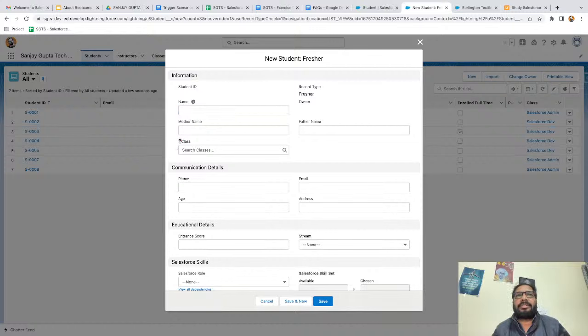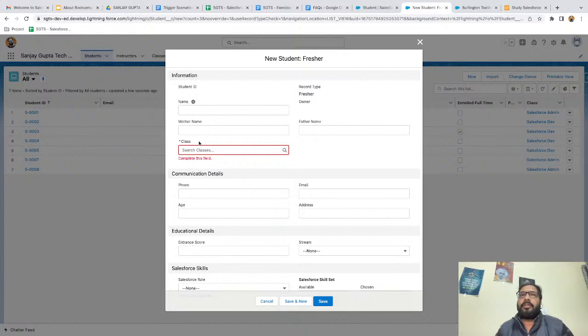You can see here an asterisk is available. So when you are doing the practice, do one thing: whenever you create a lookup field, try to create a record without populating that lookup field. You will be able to save the record. You won't see this asterisk. But in case of master detail, you will see this,